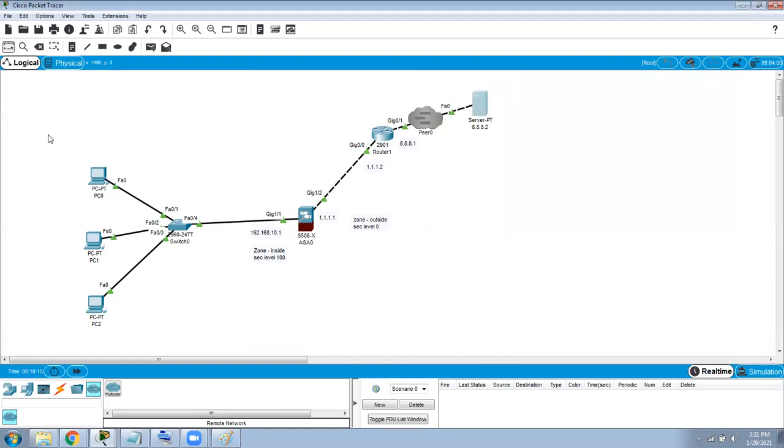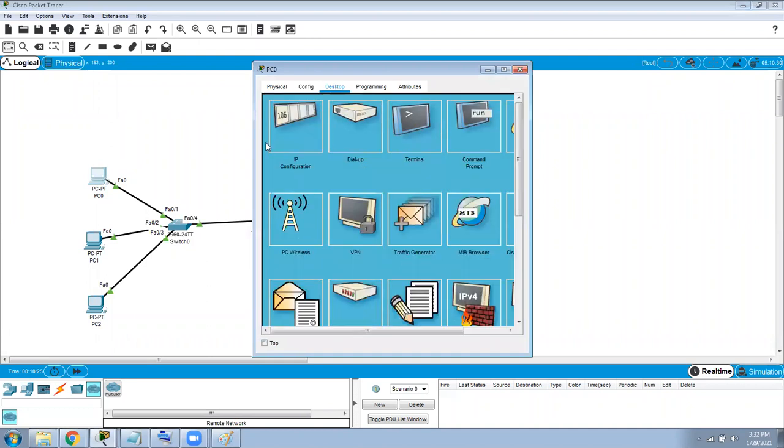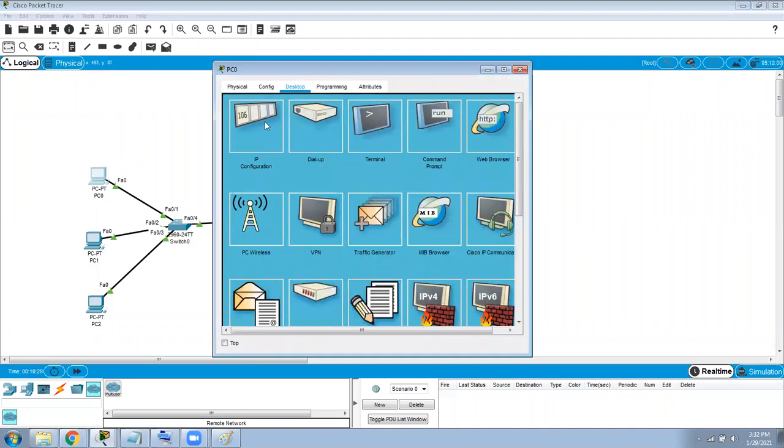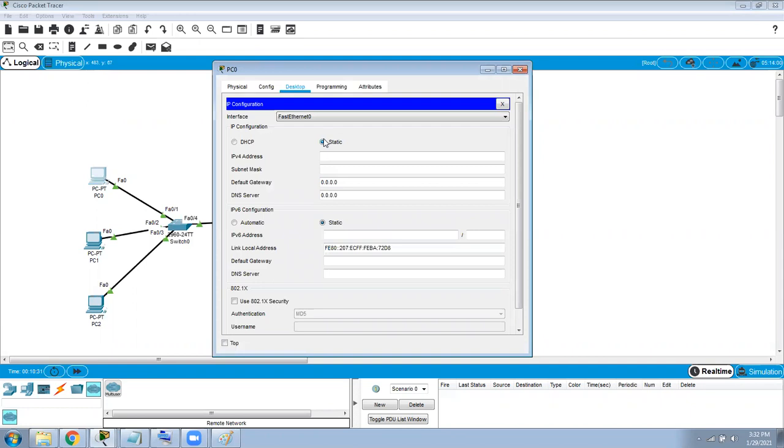Okay, now this side we are not going to do anything, and even the IP addresses I'm not going to give, because on this side we are going to use a DHCP service. We will see that DHCP service. So what will happen with the IP address when you provide it? Just now you see there are two options. Static means you are statically providing, but if you choose the DHCP option, it is a feature, Dynamic Host